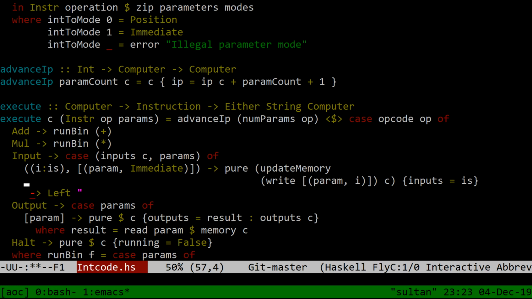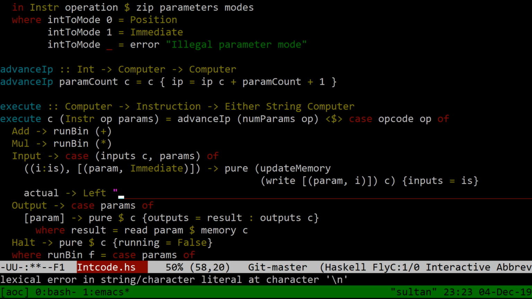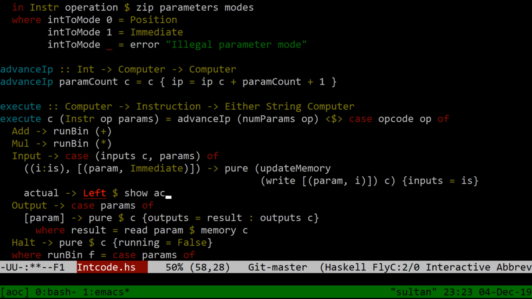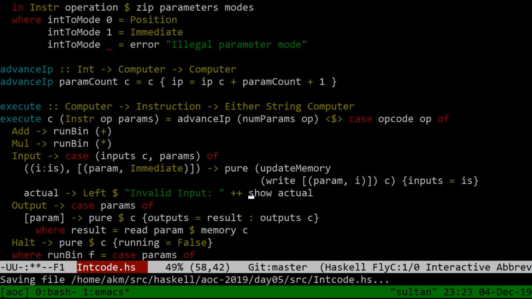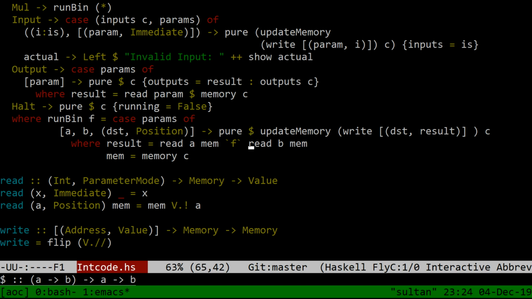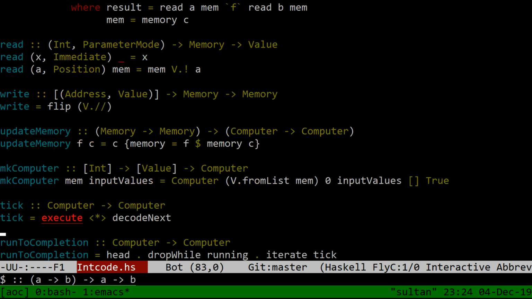I to I's, and the params should be a singleton list, right? I think that's fine. I don't know. I should be left of invalid input like this or something, right? Okay, and